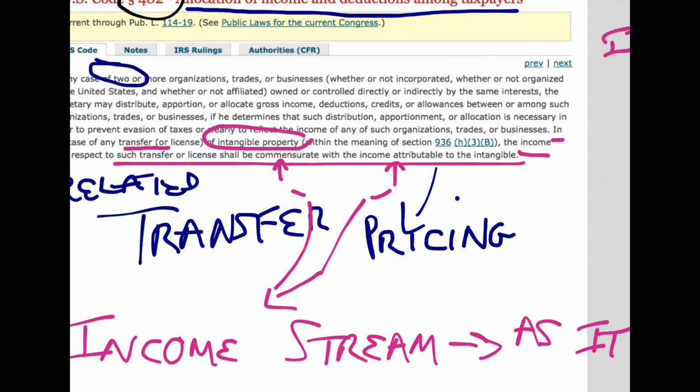So let's see what this means in terms of the real world. What is this all getting to? So in the real world, what happens is that a U.S. company,